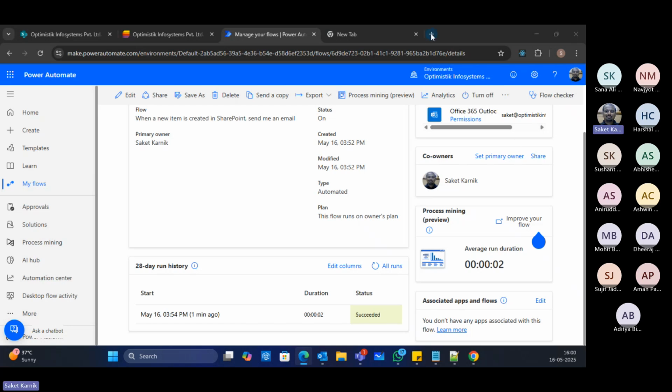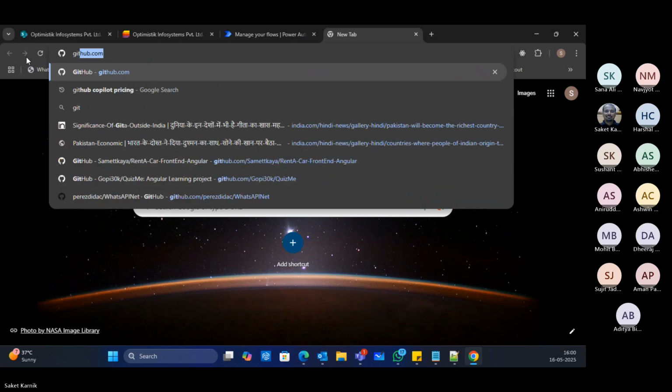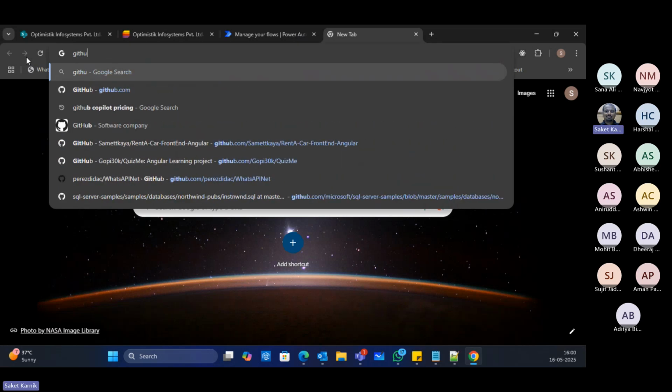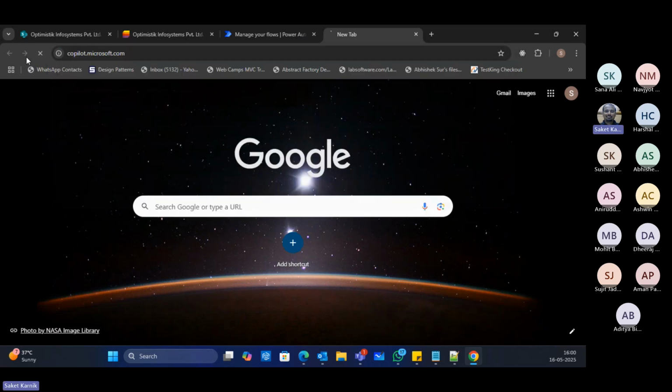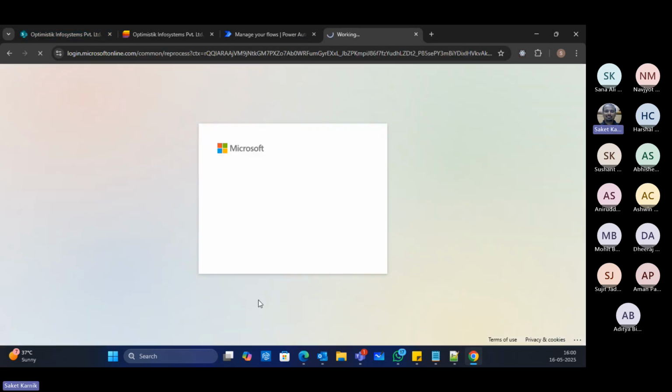I can use the GitHub online platform also. Not GitHub, copilot.microsoft.com. So this is just like ChatGPT. Here I'm using the corporate version, enterprise version basically.